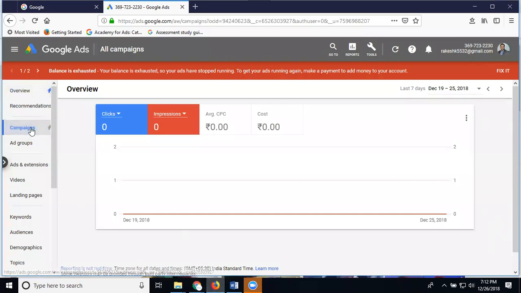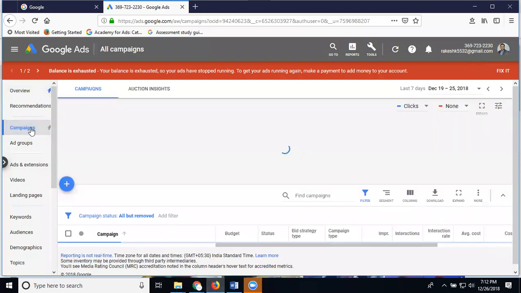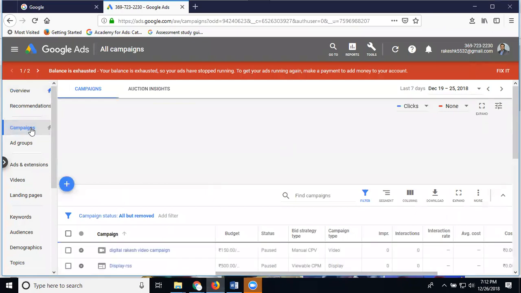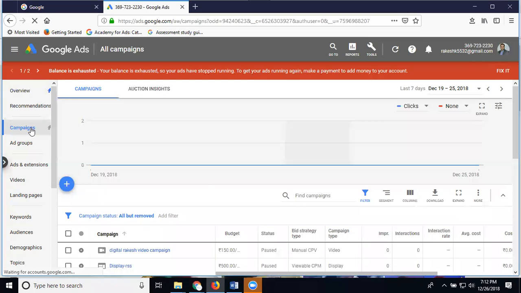Go to the campaign option, which one? The Google Ads. The campaign name is called video campaign. This bumper-related question will also come in the Google certification. It's very important. When you create any kind of YouTube bumper ads, it is CPM, cost per mille, not cost per click or cost per view. This is totally based on the impression. Why? Because it's a non-skippable video ad, not a skippable video.